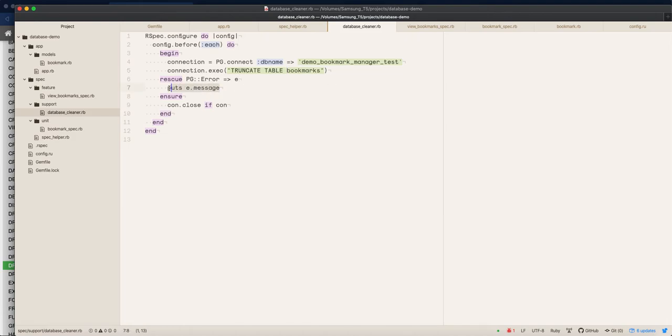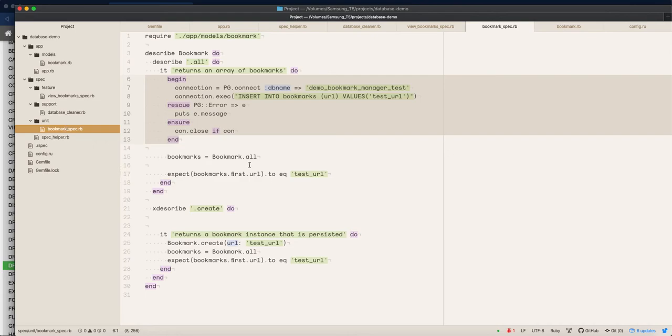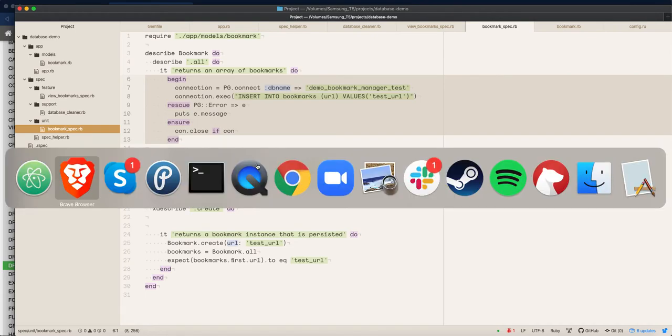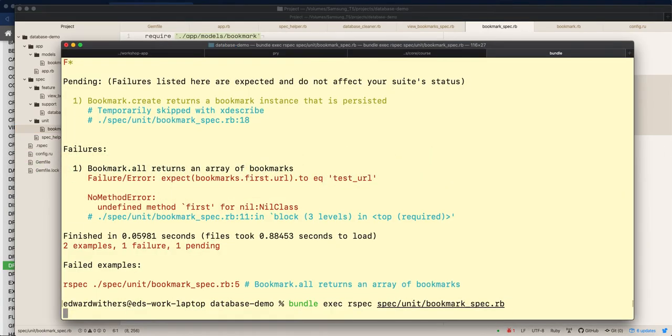All right, so everyone will just truncate the table. Any error messages it will catch and send it to output, and otherwise close the connection. Same way here, we're doing the insert. Cool. So run my test again. I should only have one